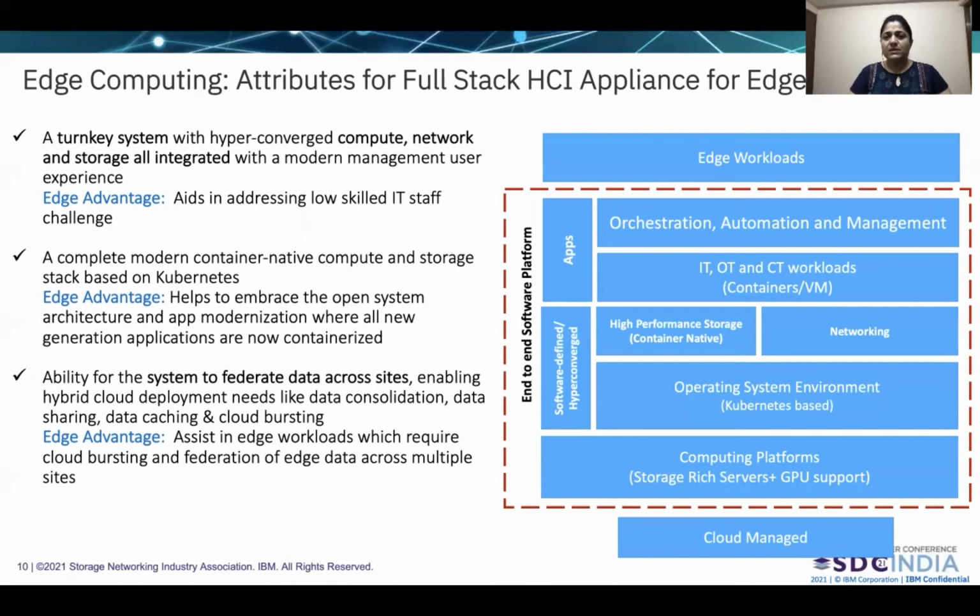All this enables modern application deployments for IT, OT, and CT workloads. These can be based on containers or virtual machines. And to manage these applications and infrastructure, some orchestration, automation, and management is required. All this comprises an HCI stack.